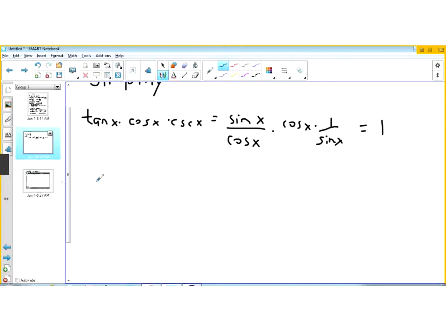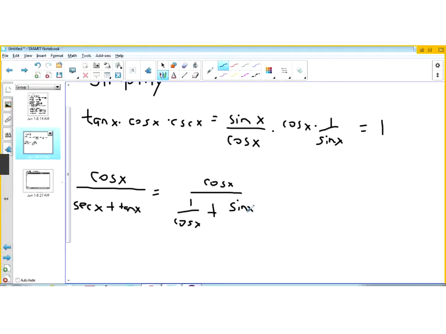Consider something a little more advanced, such as this rational function: cosine x divided by secant x plus tangent x. We want to simplify that if possible. It may not be possible to simplify these. By simplifying, we mean that when you get the final result, there are no more cancellations in the numerator and denominator. So in this case, we need to explore the fact that there may or may not be some cancellations. Secant x is 1 over cosine x, and then tan x is